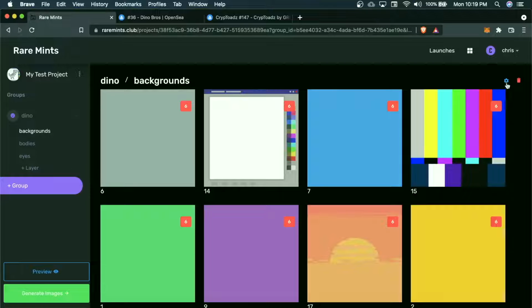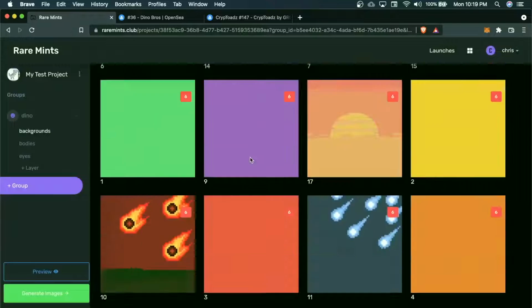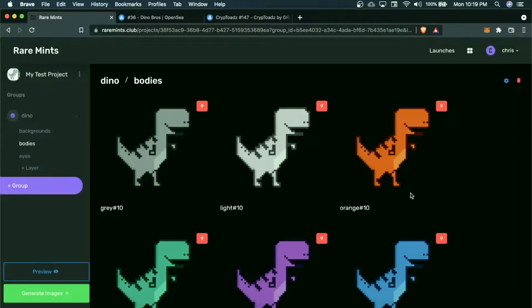So for these backgrounds, if I wanted background 14 to be a little bit more rare, I can come in here and turn the rarity down. And then I'll lock it. And then maybe I want, let's say 6 to be slightly more common, then I could turn it up to, let's say, 20%. Save that, and I can go through and edit each one of these, and it'll make sure that it adds up to 100. But I won't actually do that. I'll keep all the defaults,